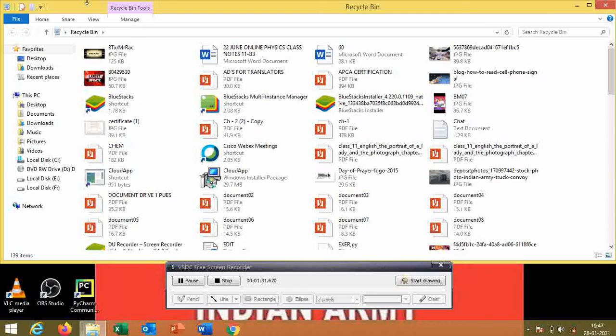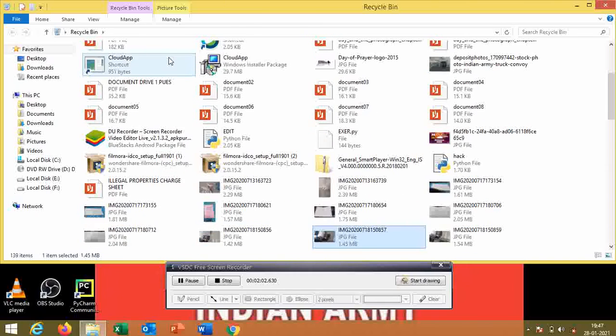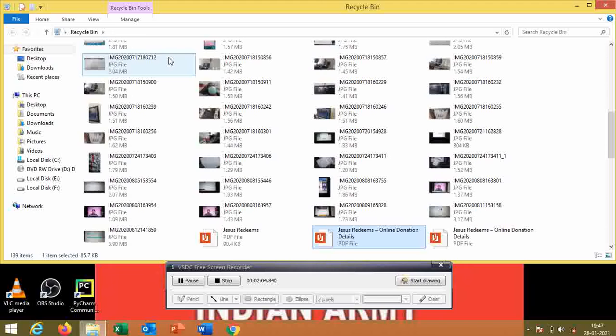When we delete any documents accidentally, it helps us restore them again, and they are not deleted permanently. They are stored in one of the drives. Now these are the documents which I have deleted for my space purpose. These are my documents.